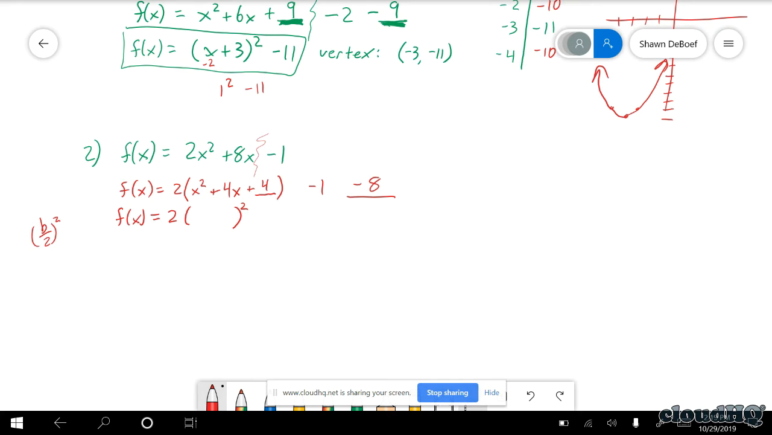Now I should be able to factor x squared plus 4x plus 4 into x plus 2 squared. And then minus 1 and negative 8 become negative 9. There's your vertex form. Your vertex would have been negative 2, negative 9. If I asked you to graph,